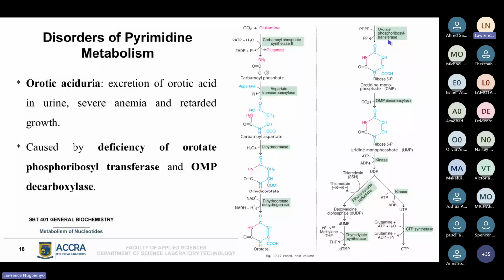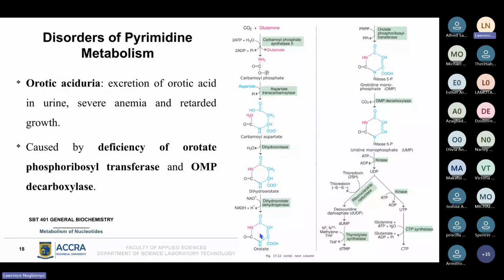So you see the first column, the reaction ended with orotate, which is the same as orotic acid. And then the reaction continues from that, the orotic acid or the orotate, the enzyme that acts on it to give you the orotidine monophosphate, OMP. That enzyme is orotate phosphoribosyl transferase, which means that a deficiency of this enzyme will result in the accumulation of orotic acid, which then will result into